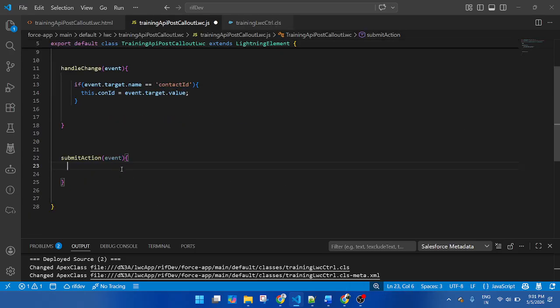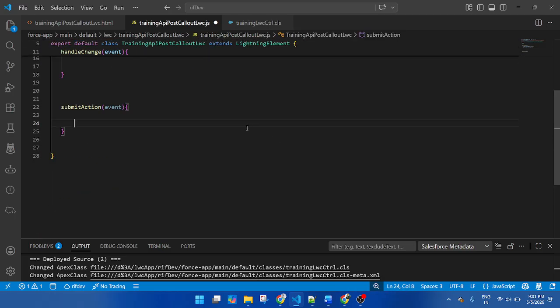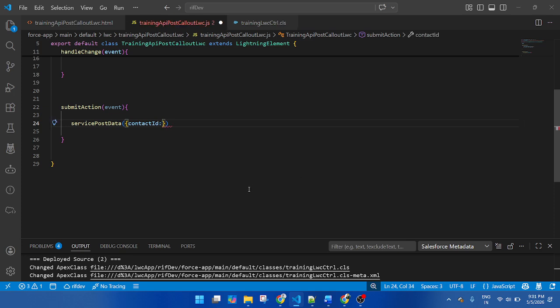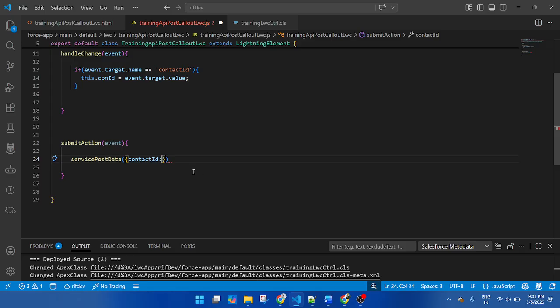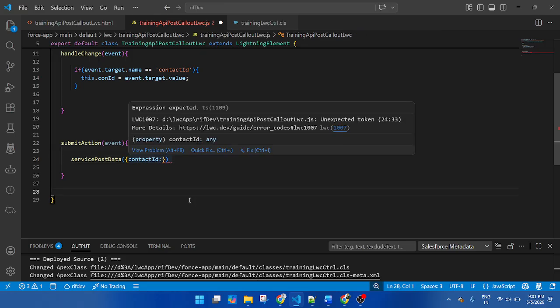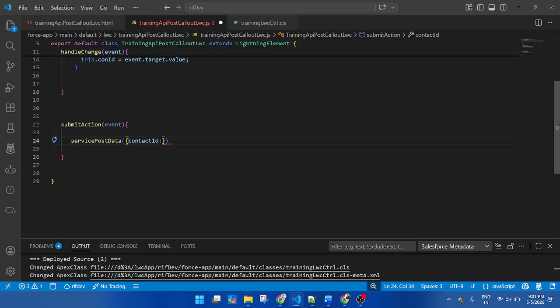First of all I will call this method and pass the parameter inside it. Here I will pass the current ID of the input field, stored in this.contactId.